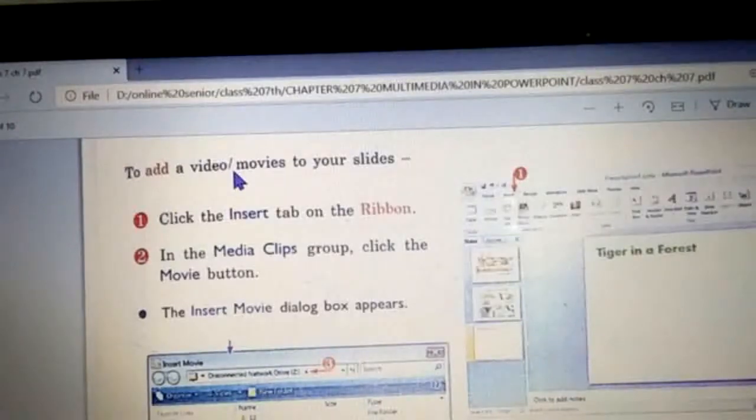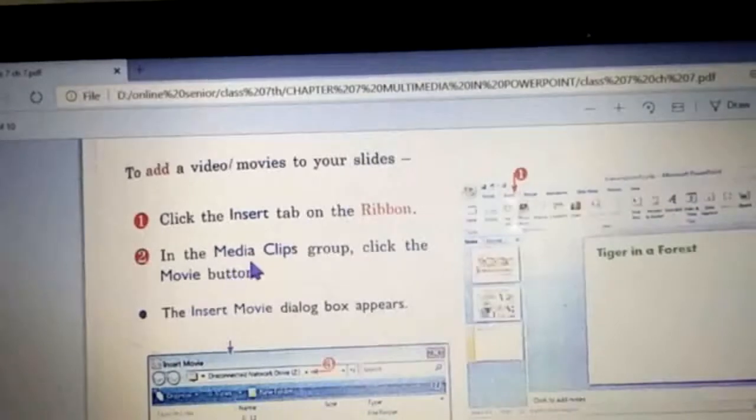So now we are going to study about how to add video or movies in our slides. So when you are presenting your presentation and you need your video clips also to be shown, like audio files, so that can be also done. The steps are like this, same as how you do with the audio files. The only difference would be, I will tell you. First you will go to insert tab, and on the ribbon all the tools will appear, and here in media clips, same as audio files, media clips you will go, but you will click on movie button, right? In that it was audio, right? Here it is movie button.